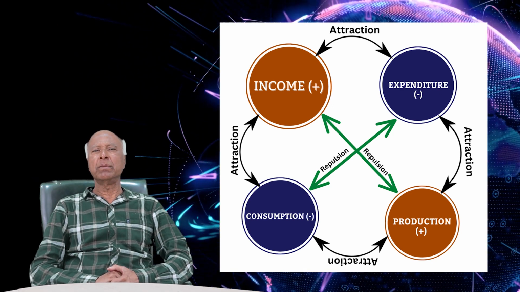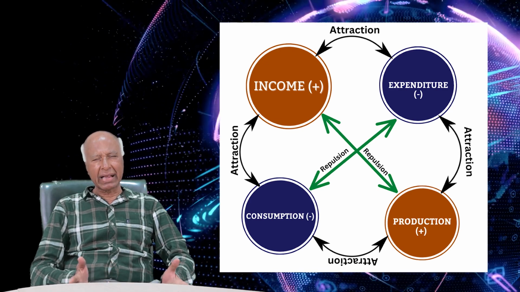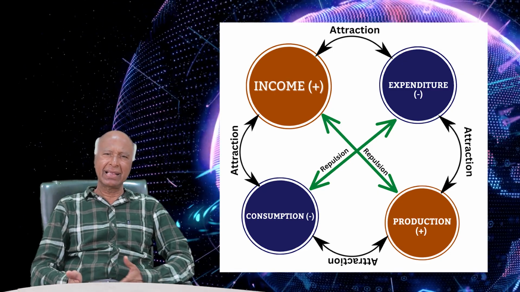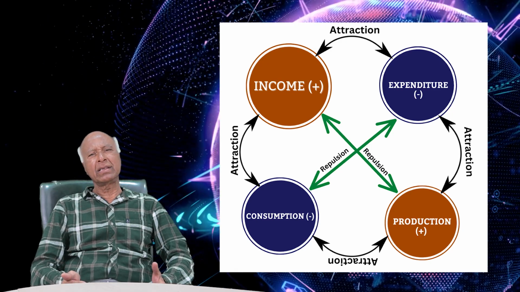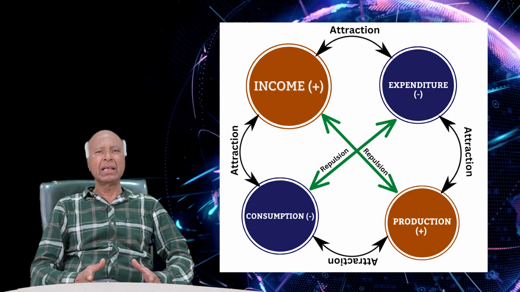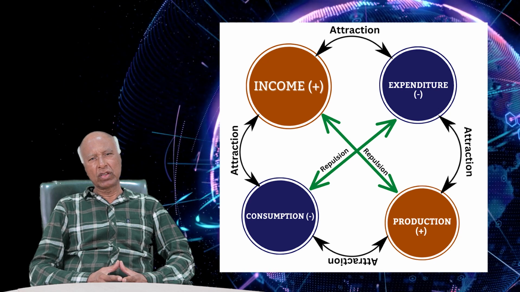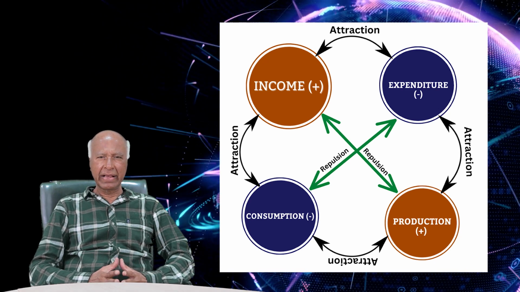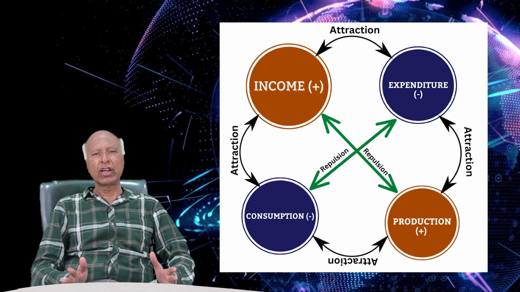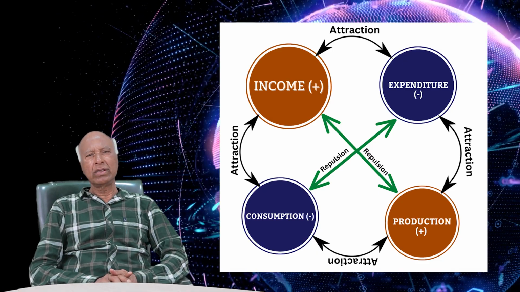It has to happen, sooner or later it has to happen, because static equilibrium can never exist. There are so many variables: demographic change, science and technology, awareness, education, health. There are so many variables which are affecting the polar strength of the poles of the shape of economy. Therefore, it is always a stage of dynamic equilibrium. And these four poles,